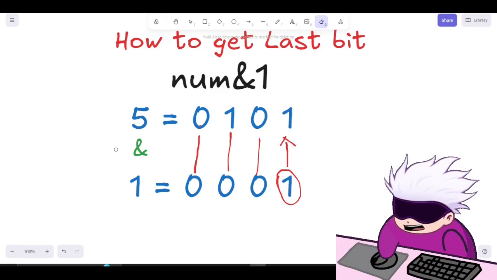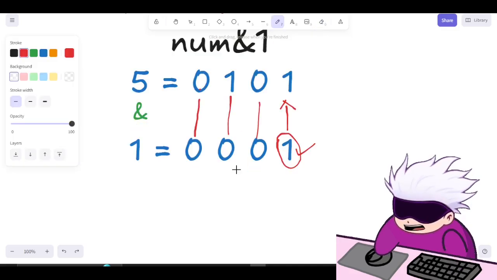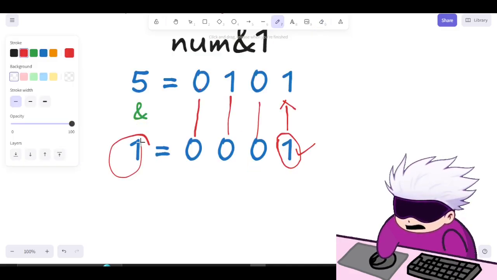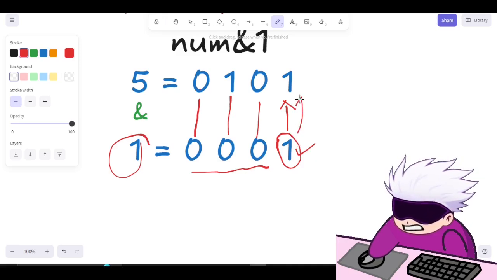So here you can easily observe that if any number ends with 1, then we get 1, because the AND of 1 with the last bit just depends on what the number has on the opposite side.